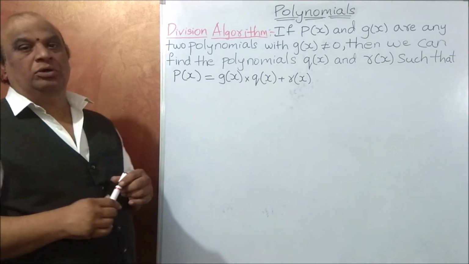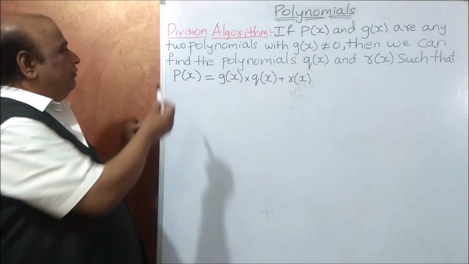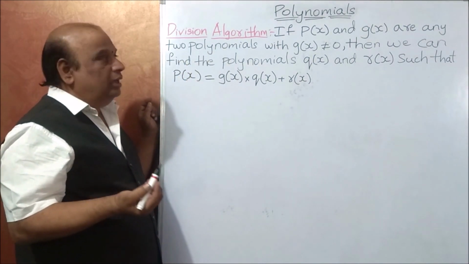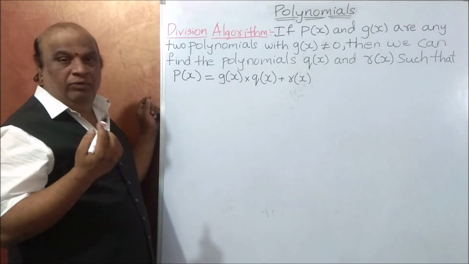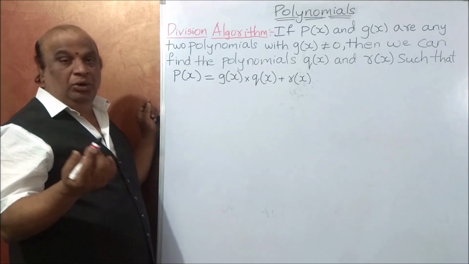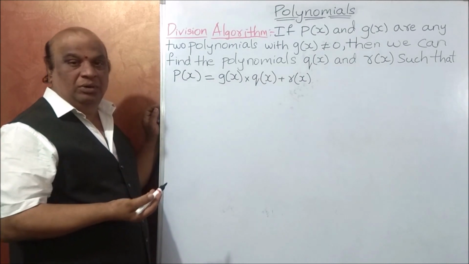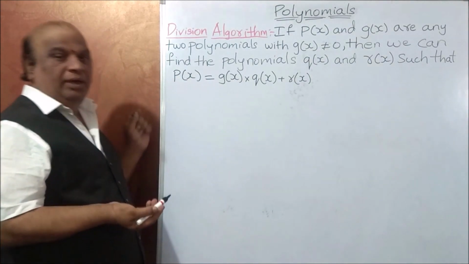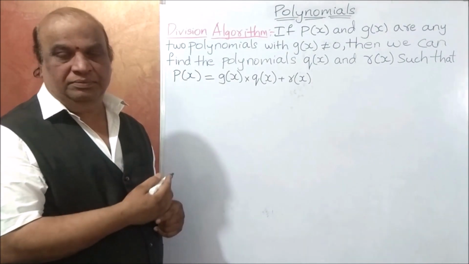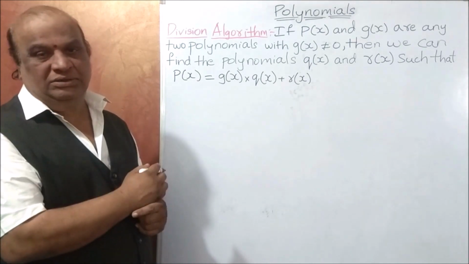There is one more new topic in the polynomials: the division algorithm. What about the division algorithm? Already in the lower classes, we know what the division rule is. In Euclid's division lemma also, we revised that division rule. Again in polynomials, we are applying the same division rule or division algorithm. So what is the use of knowing it in polynomials?